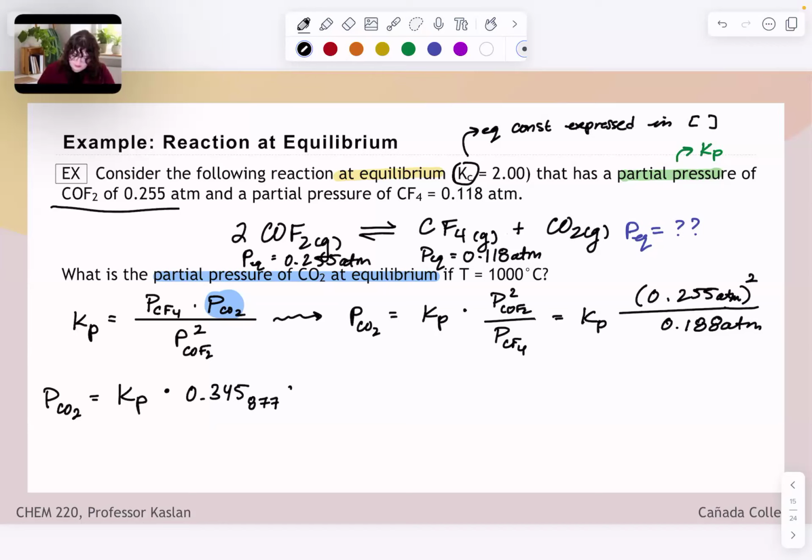And this would be atmospheres, because I've got atmospheres squared over atmospheres. So I am really close to finding this partial pressure. However, I was not given the equilibrium constant in terms of pressure. I was given Kc, so I need to convert